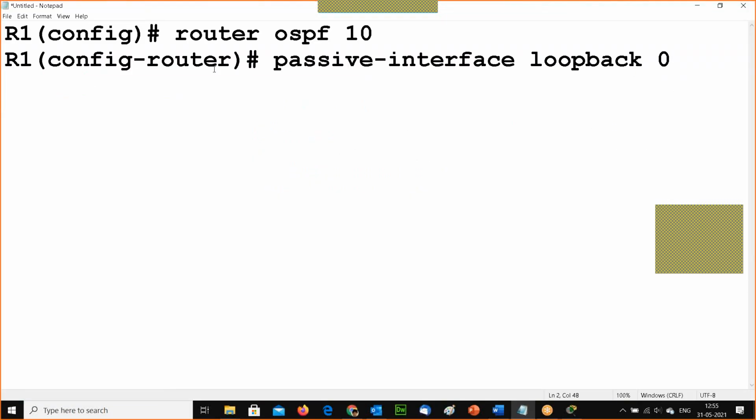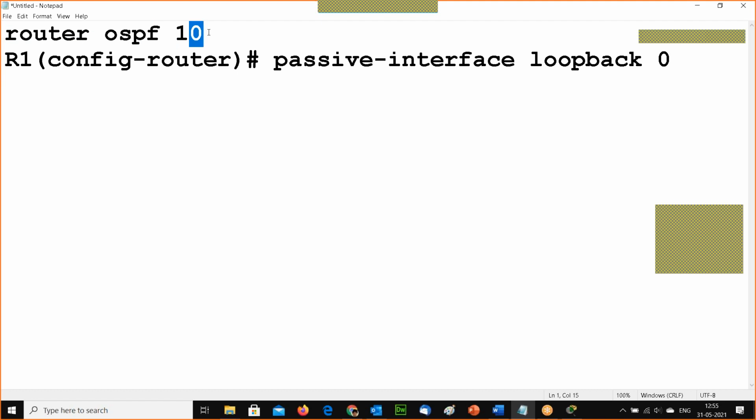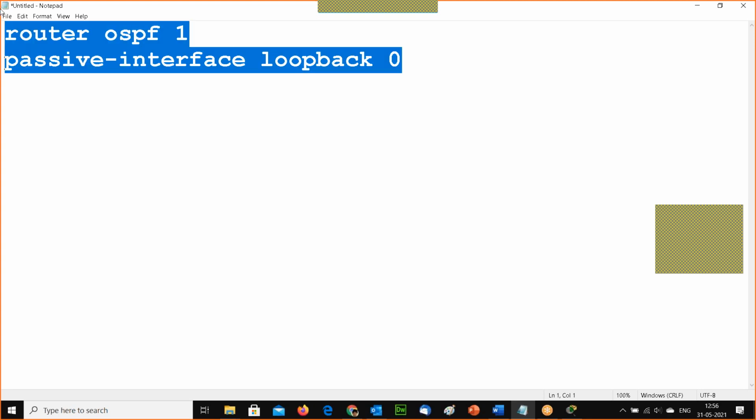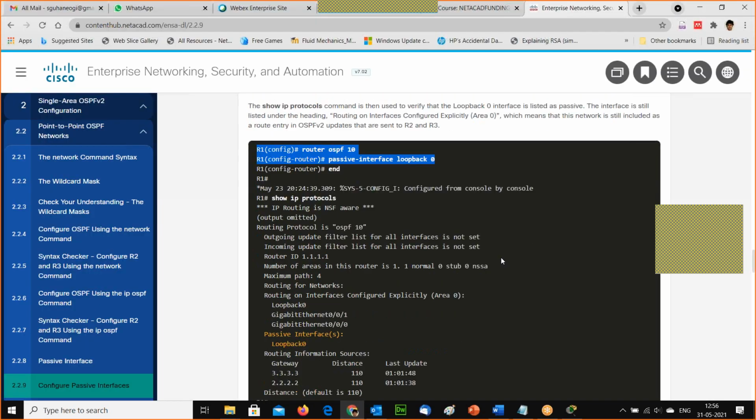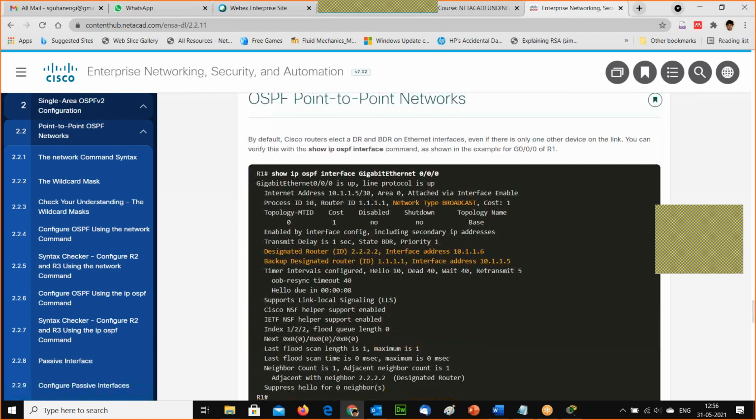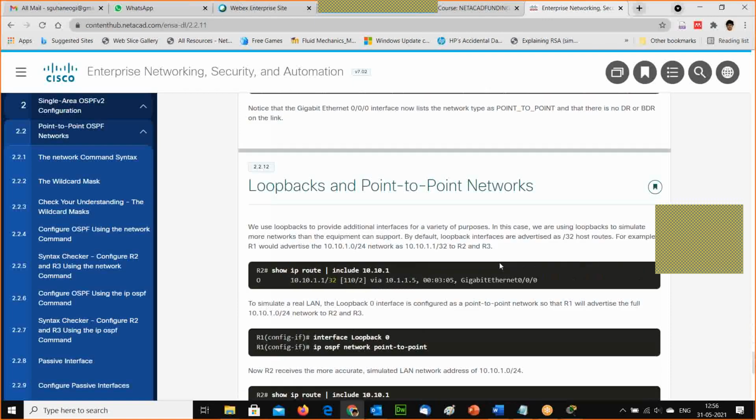So here, for example, I have configured OSPF 1 with area 0. Then I have to write router OSPF 1 and configure the passive interface in that router, because I don't want the loopback address to unnecessarily be part of this routing. That's why you have to mention it. Okay. So this is the configuration of the basic OSPF.